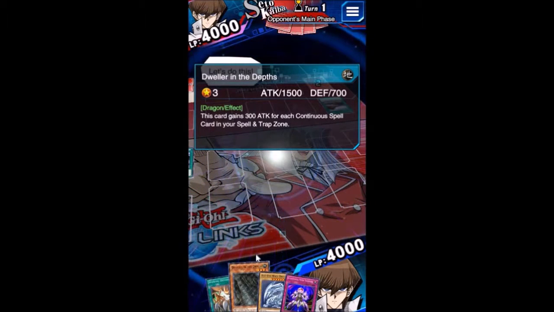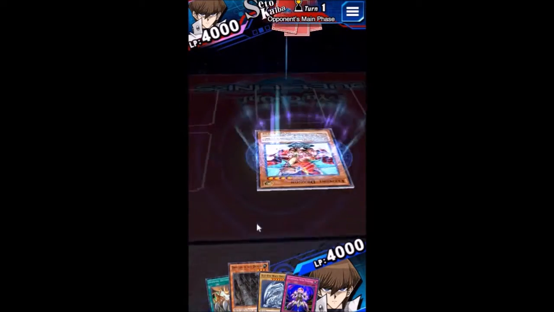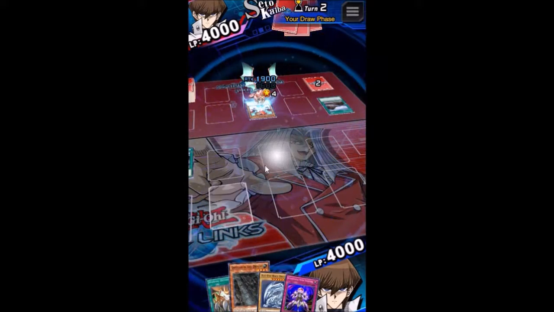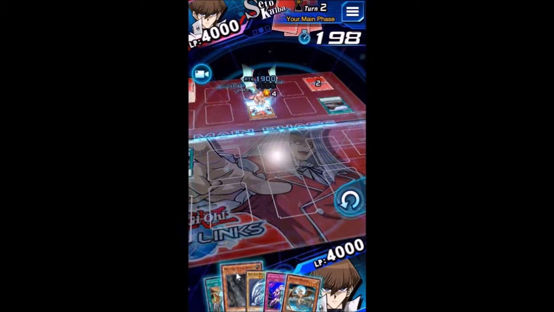I probably should have honestly brought like Banner of Courage for this or something. If I had more of these, I'd make like a Dweller Banner of Courage deck. My turn. But I only got the one. Okay. Well,